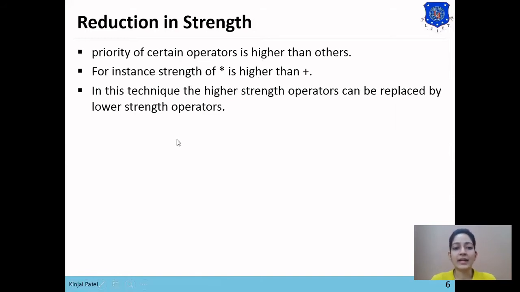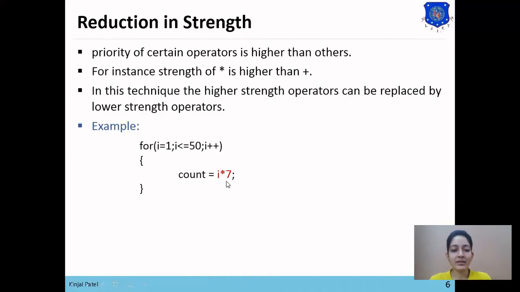So here is the example: for i = 1, i <= 50, i++. And in the for loop, count = i * 7. So for i = 1, count will be 1 multiplied by 7, so count will be 7. For i = 2, count will be 2 multiplied by 7, so count equals 14.